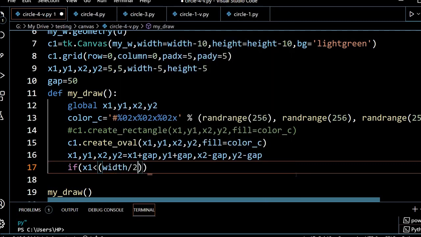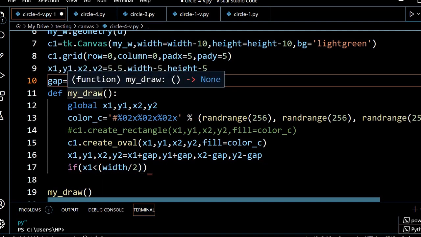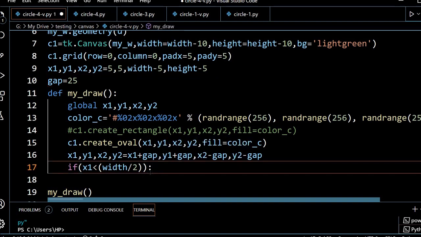The width is 710, half is 355. Half of it means the center point of all these rectangles is at half of the width. Let us continue. X1 starts from 5 and goes on increasing based on the gap we have given. The gap, let's come back to 25 again. So every time it steps, let it continue till it reaches half of the width. Beyond that there is no point, and it is not required.